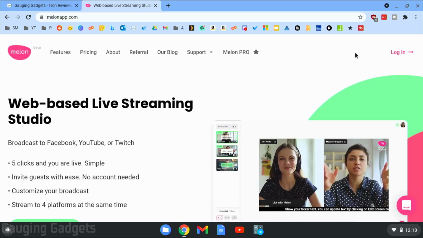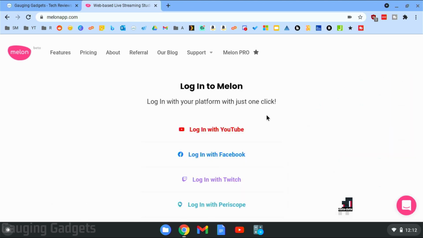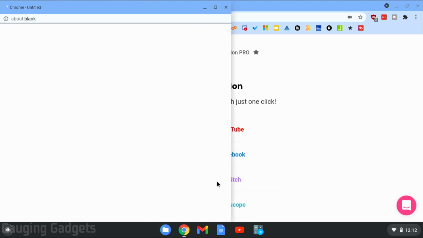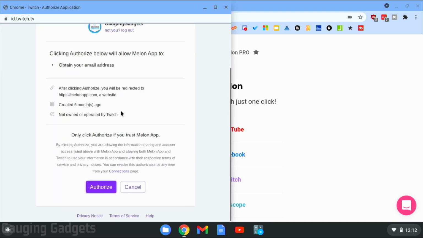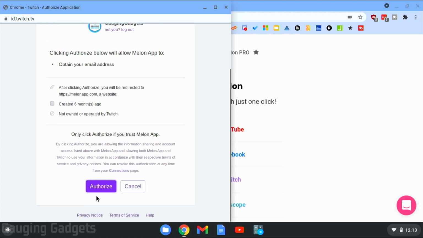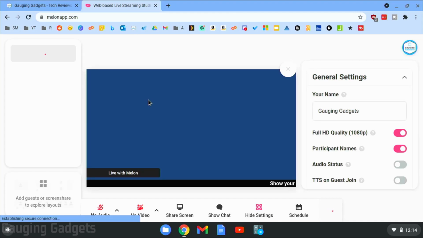Go ahead and then select login right here. Now, the easiest way to live stream to Twitch with Melon is to simply log in with your Twitch account. So I'm going to select login with Twitch. It'll open up a new window where we just need to authorize Melon. This is just simply for logging in. So I'm going to select authorize. And then once it loads,